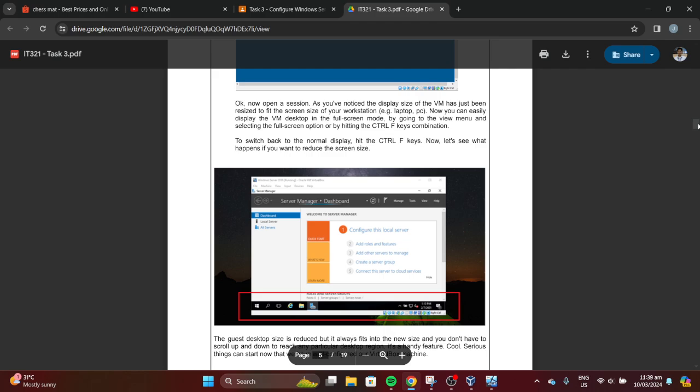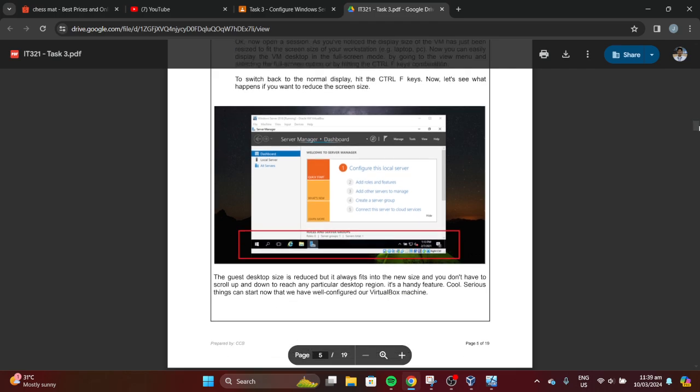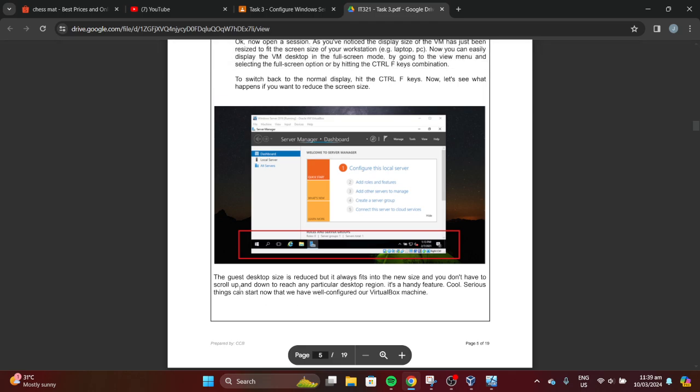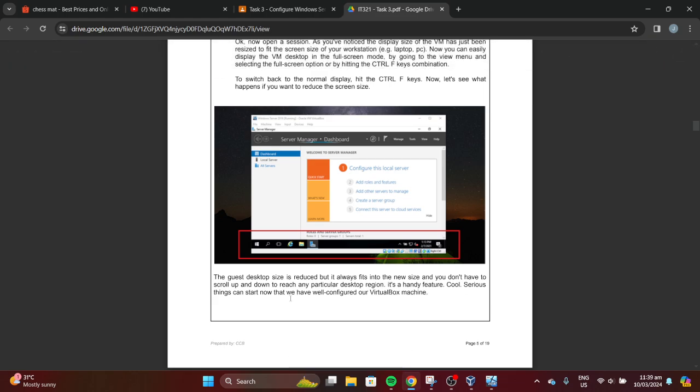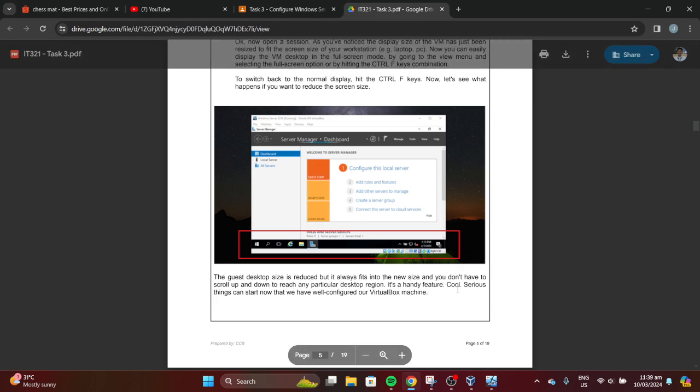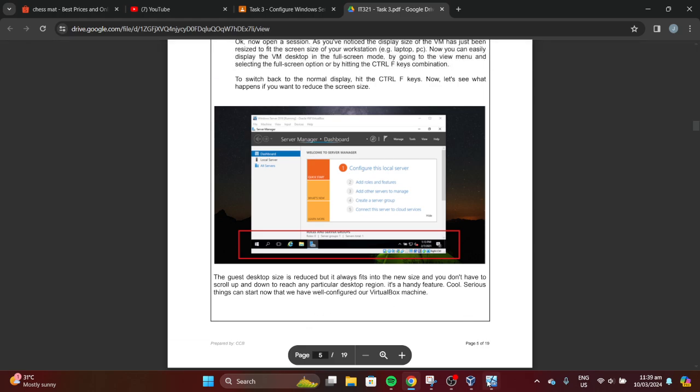Now let's see what happens. The guest desktop size is reduced, but it always fits into the new size. You don't have to scroll up and down to reach any particular desktop region. It's a handy feature.